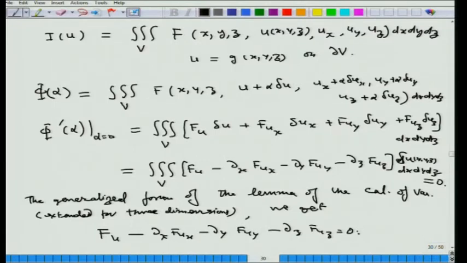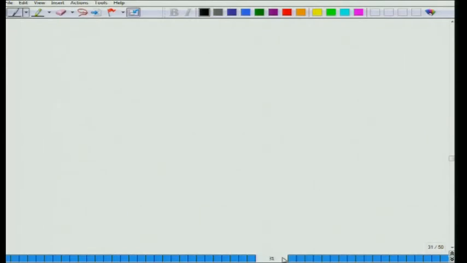So, that is what we have, and so in general if you have n variables,